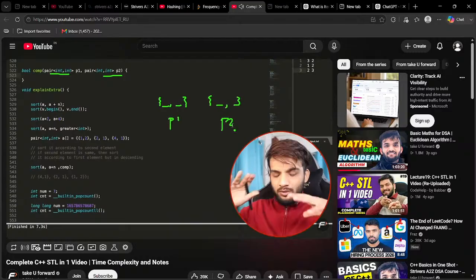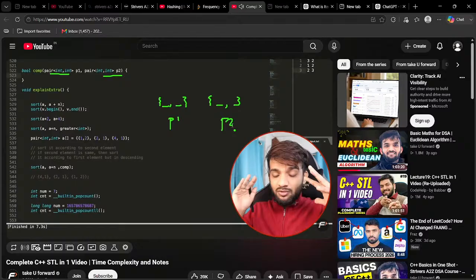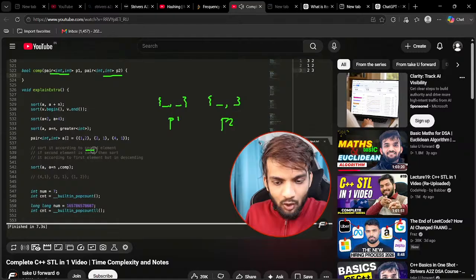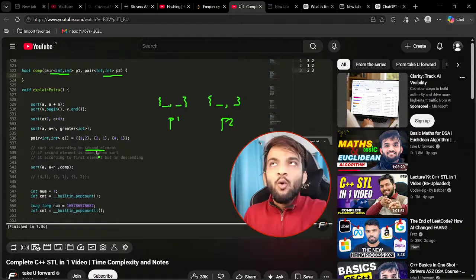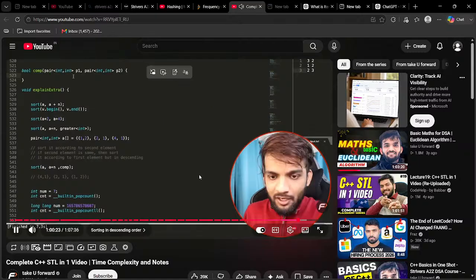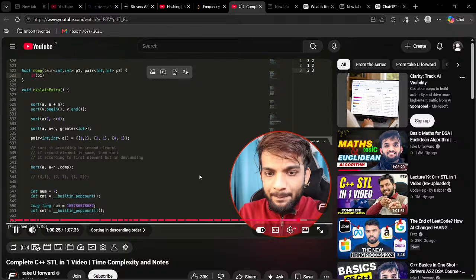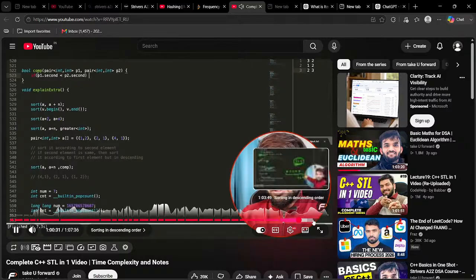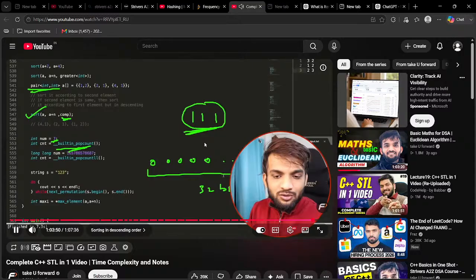While writing a comparator, just focus. What have you been told? Sort according to the second element. So you say, okay, if my P1 dot second is smaller than P2 dot second,